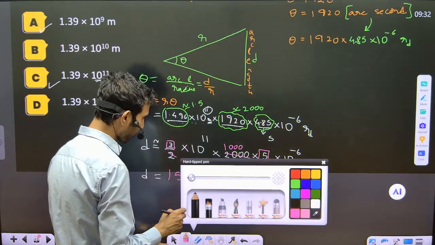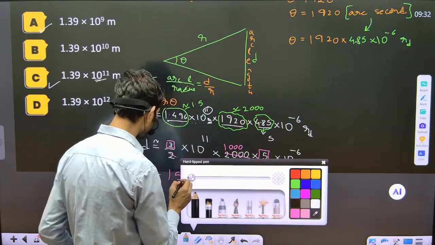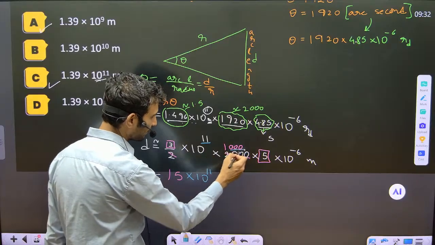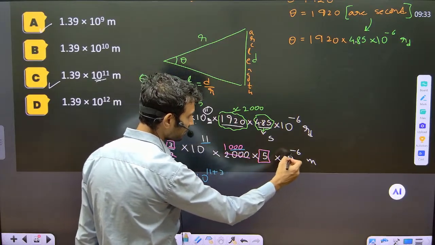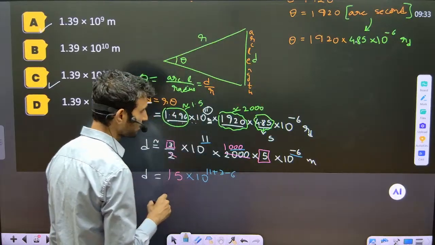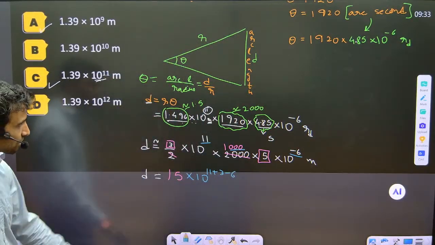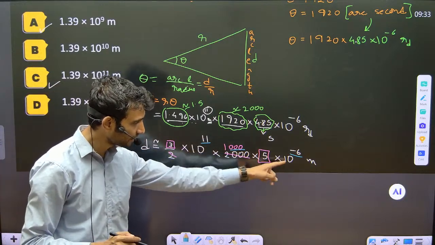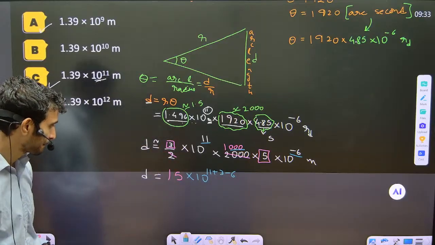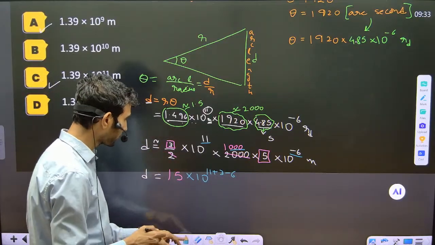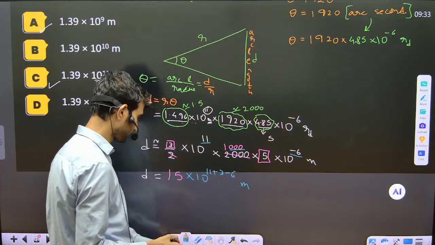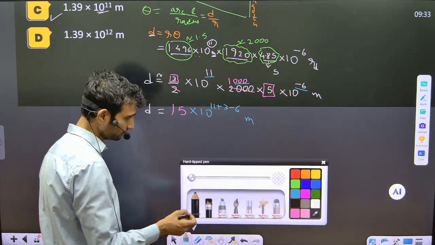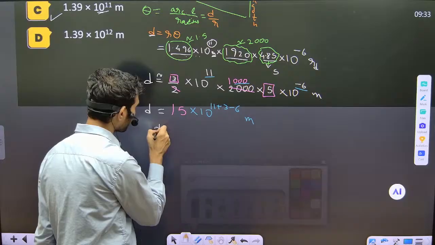And this 3 and this 5 will become 15. And now let's collect the powers. So 10 raised to the power 11, 10 raised to the power 3, 10 raised to the power minus 6. Everything's taken into account. 3 times 5 becomes 15. 10 to the power 11 plus 3 minus 6. Everything's written, guys. And the unit, of course, will be meter. So D is coming out to be